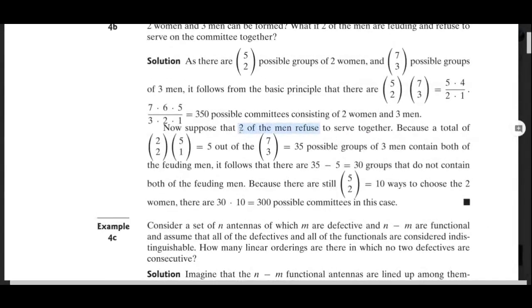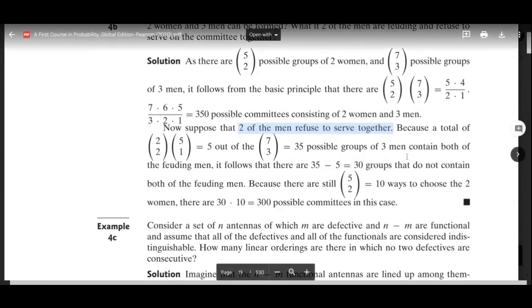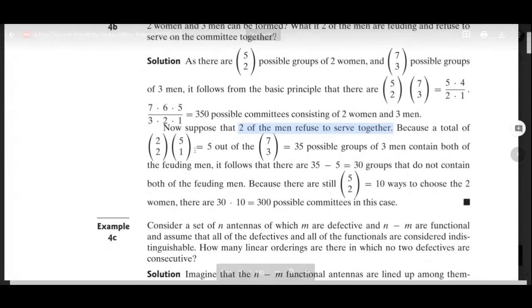That means if one of those 2 men is chosen, the other one doesn't want to be in it. So total 7. So let's think about this one first. So out of these 5,